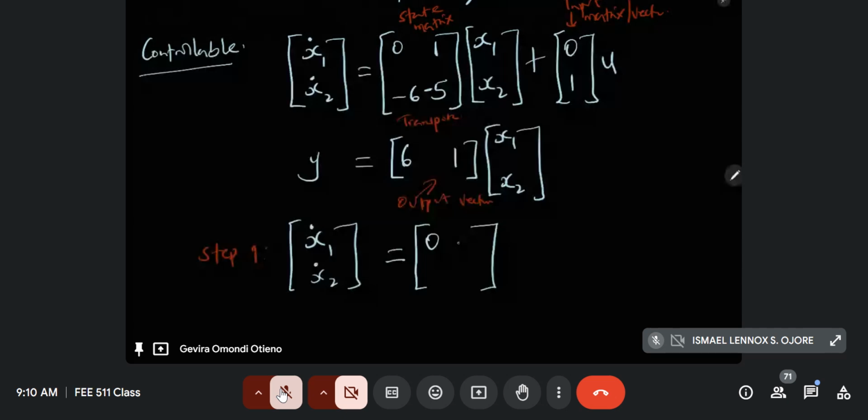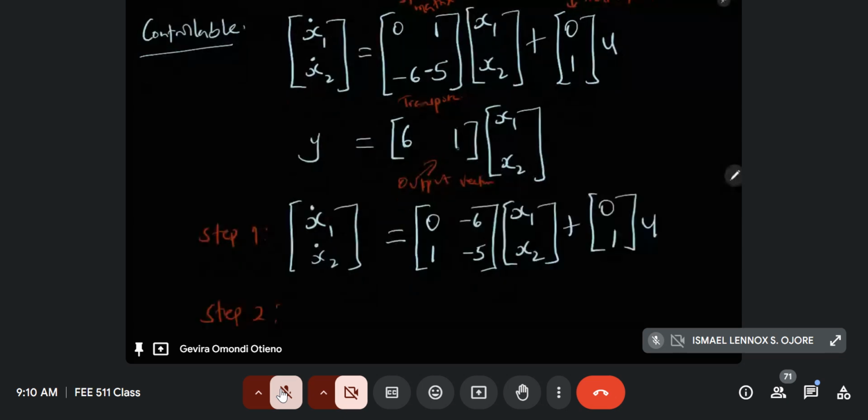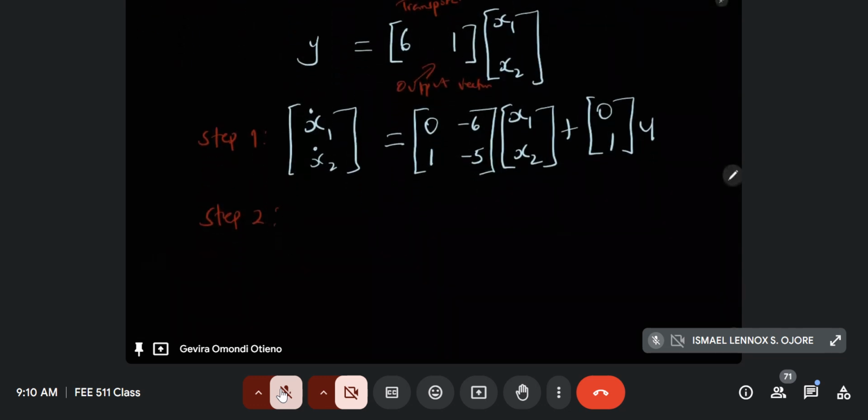is we are now to interchange the elements of the input matrix with the elements of the output matrix, meaning this matrix or vector here that is the coefficient of u is brought to be the output, and the elements of the output here should come to the input. So when we do step number 2, x1, x2 now should be equal to, of course, 0 minus 6. We have transposed